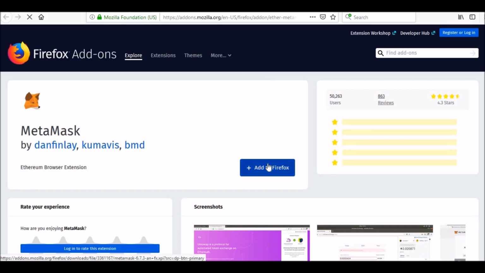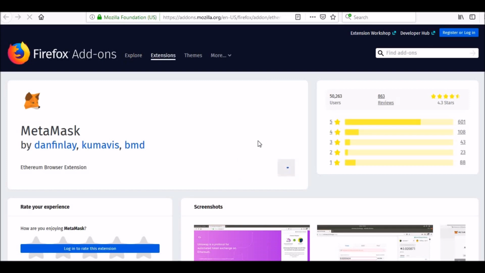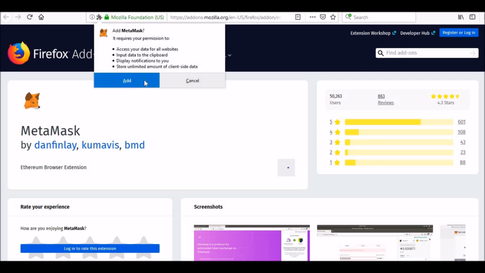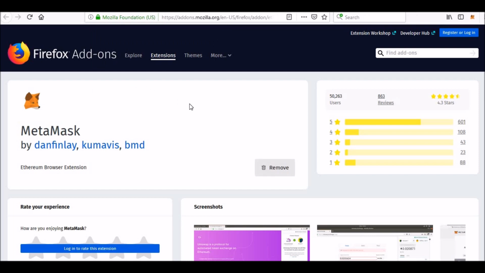Okay, here I will click add to Chrome. Now add.